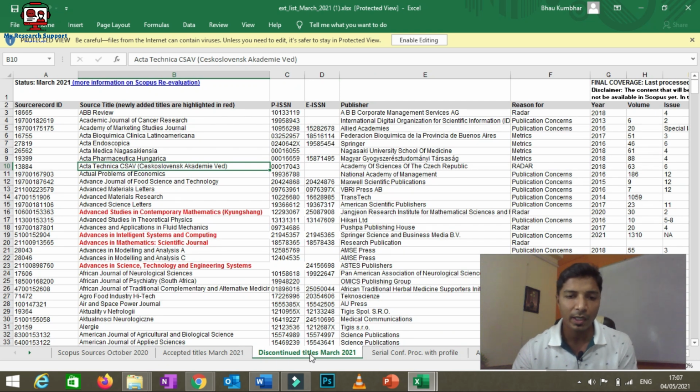Then you can be assured that the journal is there in Scopus, but still sometimes you have to make sure about that particular journal by writing an email to Scopus, because there are a few journals that have still been removed, but Scopus has not yet updated them in the discontinued titles. So you have to stick to this home page, so that when Scopus updates the list of journals, you will be able to get it. It is updated in March 2021. The April list is not yet updated or published by Scopus, but when Scopus publishes it, I will let you know.